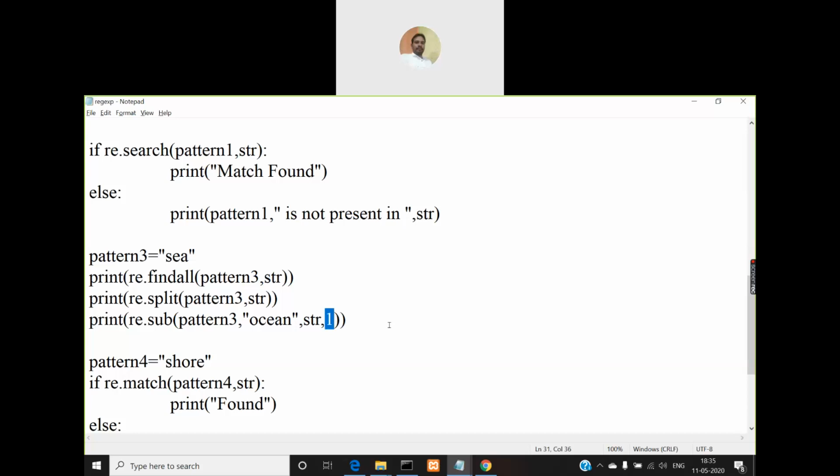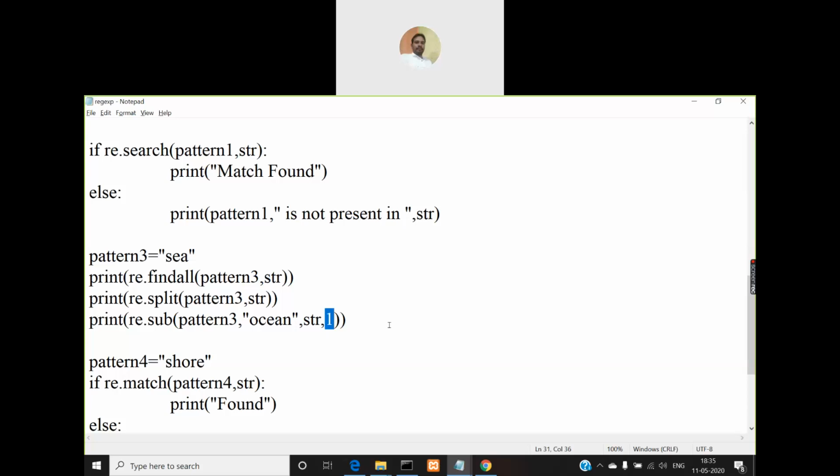If I give 2, the first 2 occurrences. If I give 3, the first 3 occurrences, but the total number of occurrences of the word C in our string is 2 only. So if I give 2, it will replace the first 2 occurrences. That's why all the occurrences were replaced earlier. But now when I gave 1, only the first occurrence is replaced.